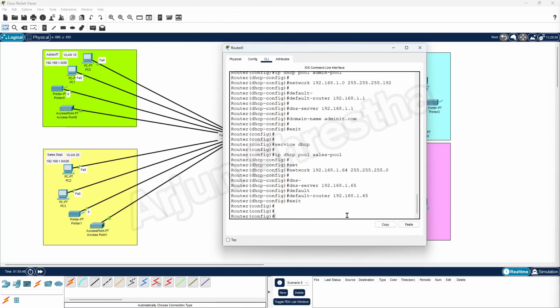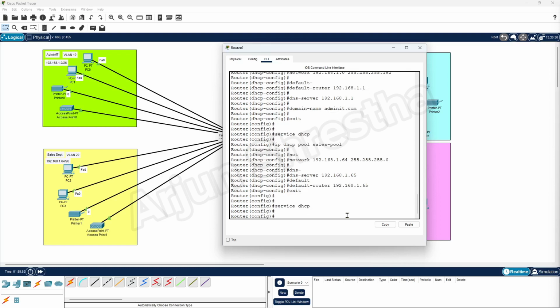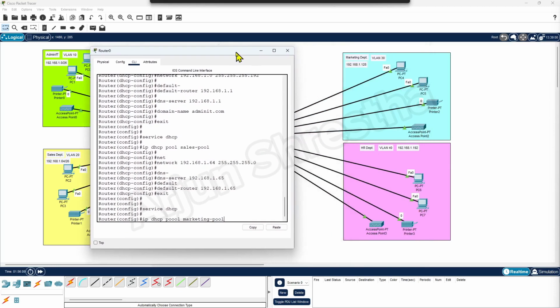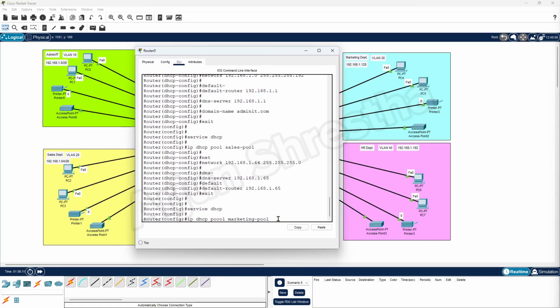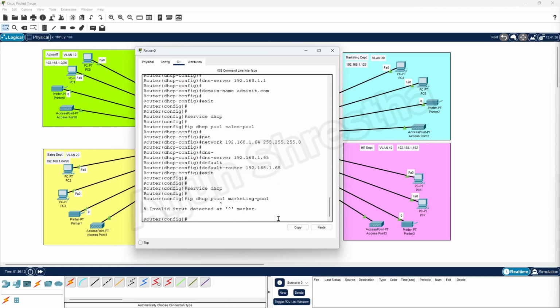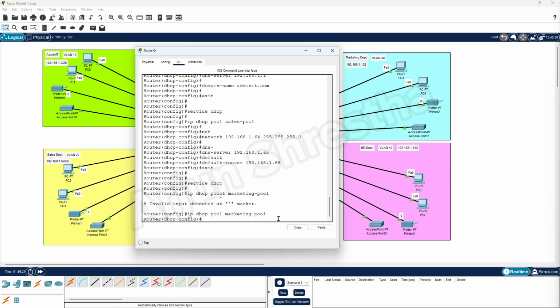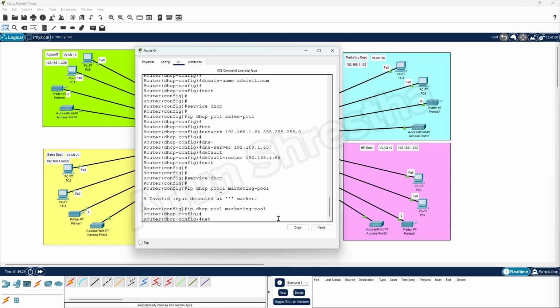And then next one, service DHCP, and IP DHCP pool, marketing pool. This one I'm working on here. Okay, marketing pool, and then next one we have to do network